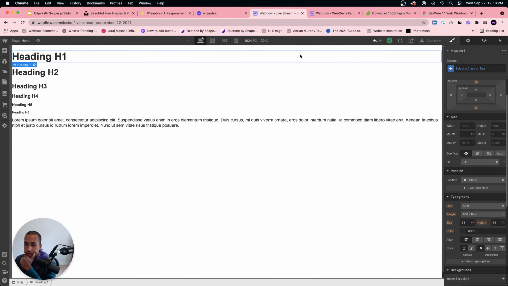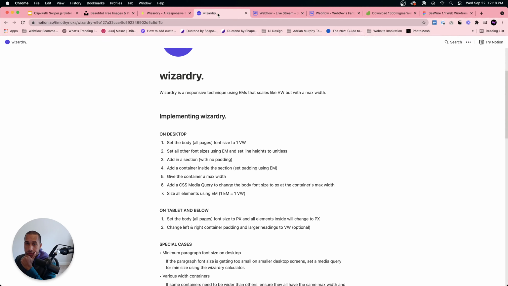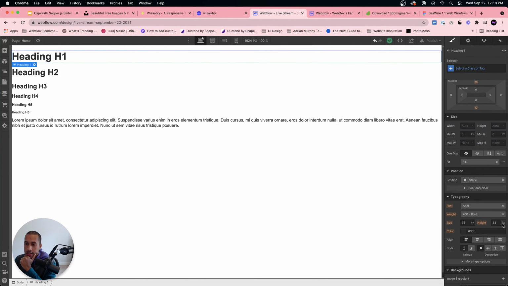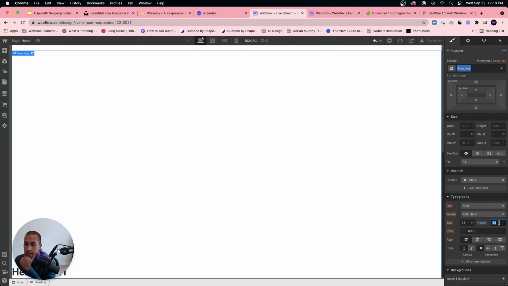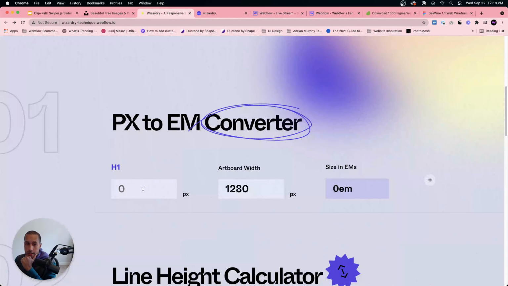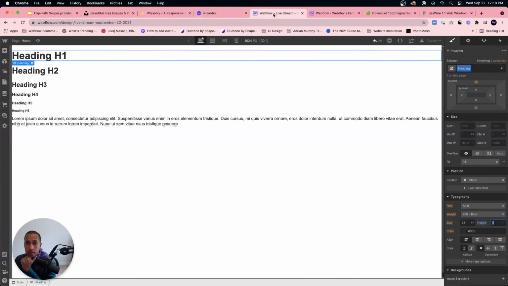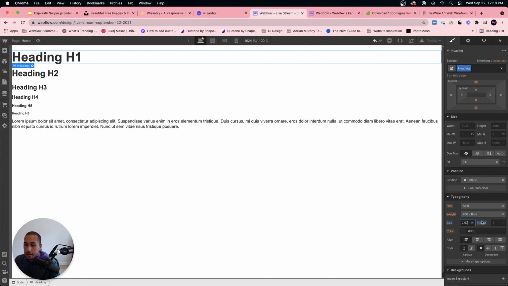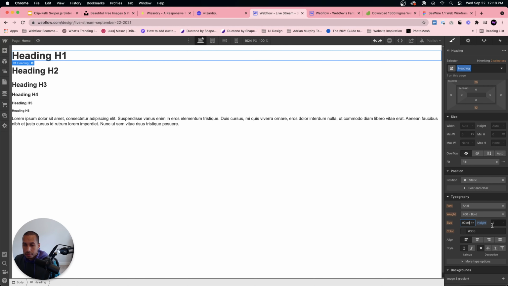and the size here is 38 pixels, and the line height is 44. And he says to set the line heights to unitless. So 38, 44. So we're going to set it to unitless, and we'll say just one for now. So we'll go to the calculator, and it was 38 pixels, so 2.97 ems. So I'll go back into my site and I'll set this to 2.97 ems, and there we go. So it does look a little bit larger,